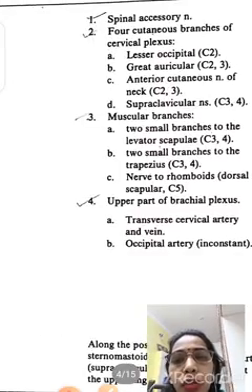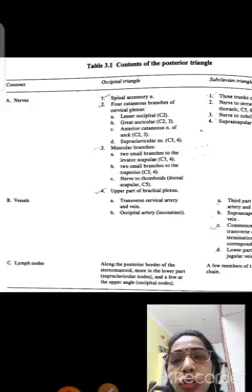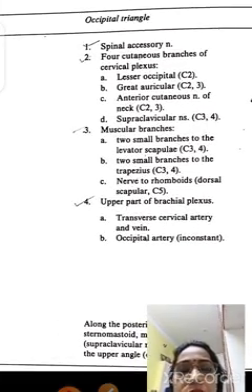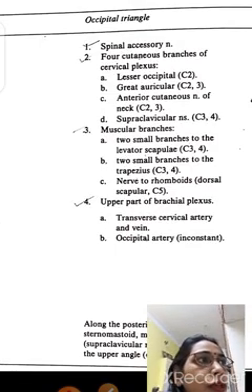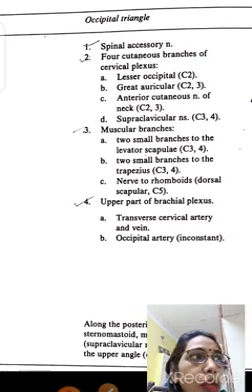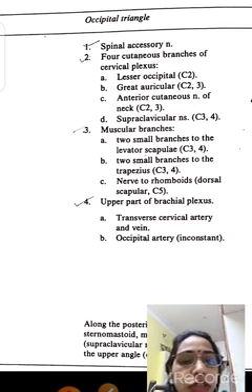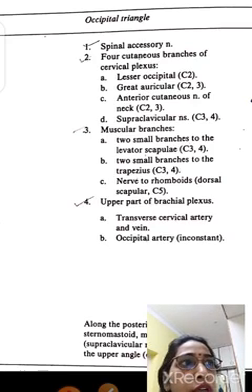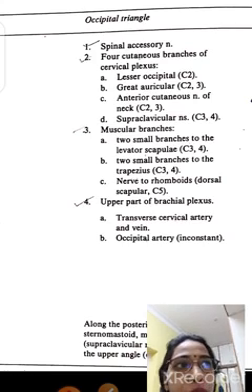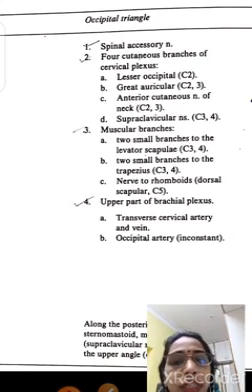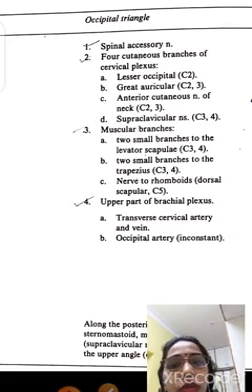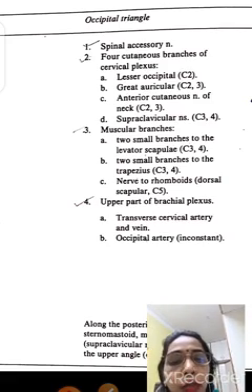Now what are the contents in terms of lymph nodes? What are the lymph nodes inside this occipital part? Along the posterior border of the sternocleidomastoid, more in the lower parts, supraclavicular nodes, and a few of the upper angle occipital nodes. These are the lymph nodes present in the occipital triangle of the posterior triangle.